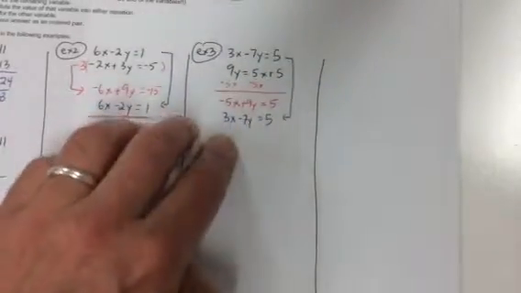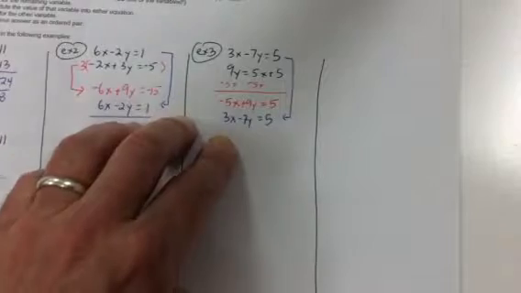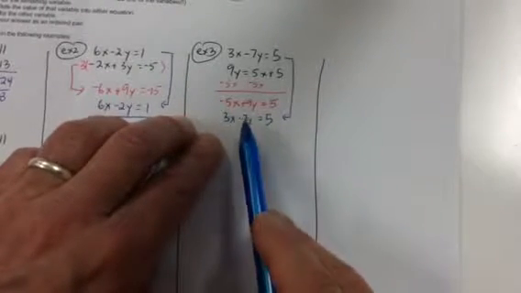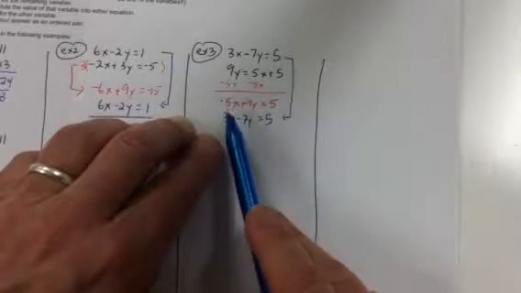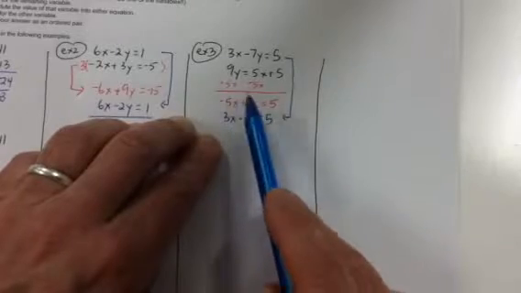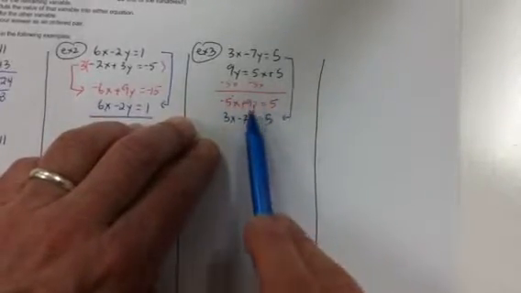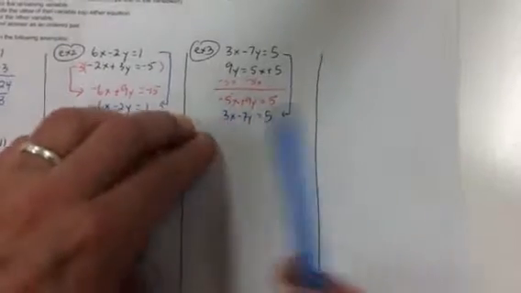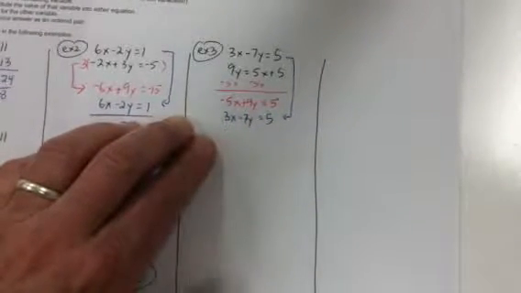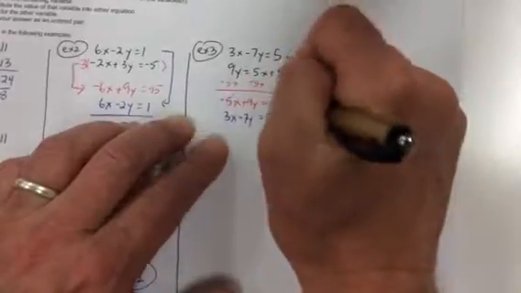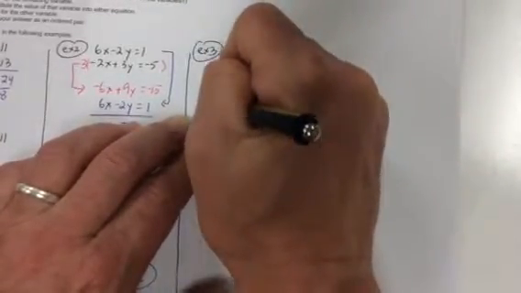Okay, so now they're both in standard form, but we don't have opposites. And we're not going to be able to multiply just one, since 3 doesn't go into 5 and 7 doesn't go into 9, so we're going to have to multiply both of them. We could eliminate the y's. I'm going to go ahead and choose the x's because the numbers are a little bit smaller. So if I multiply the top equation by 3,